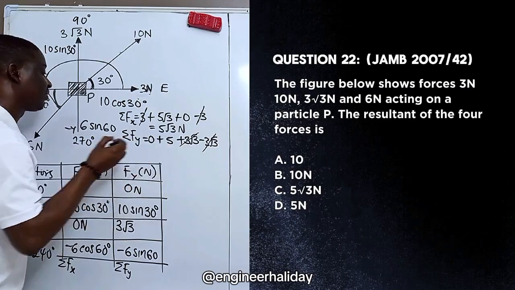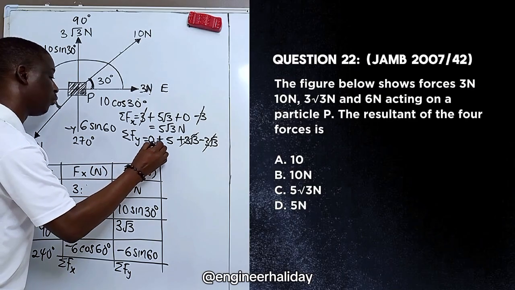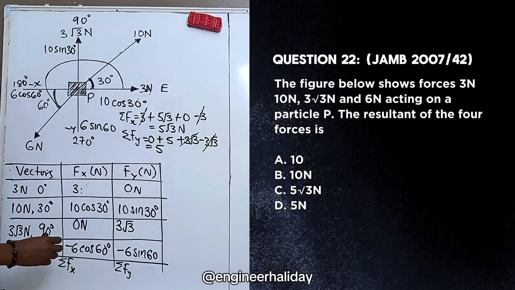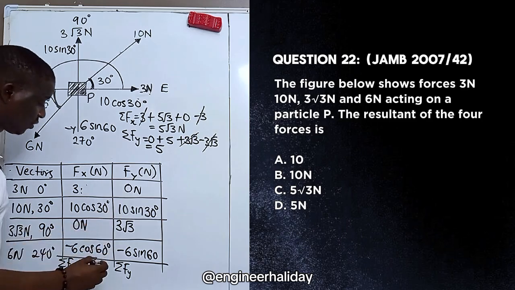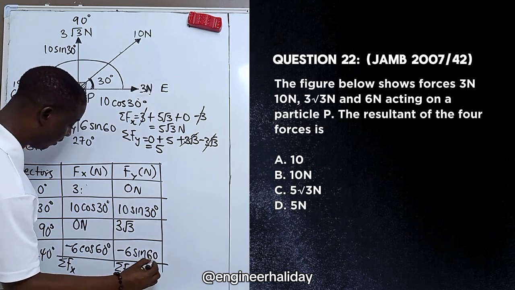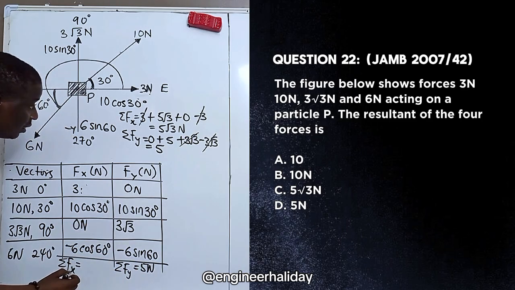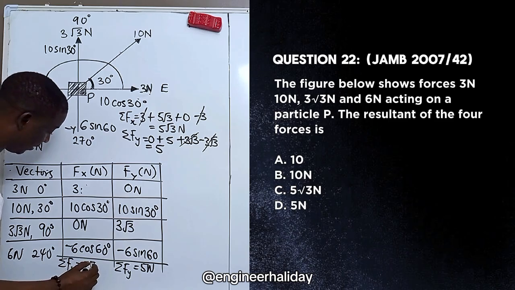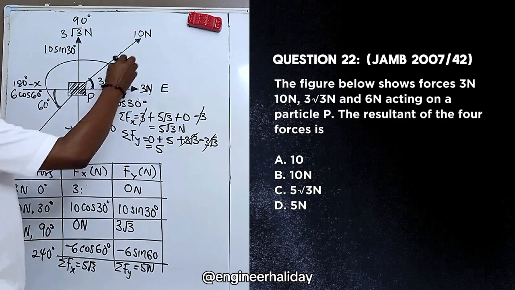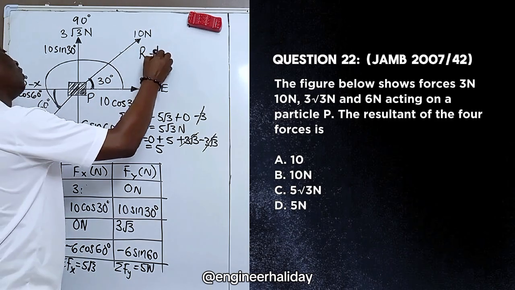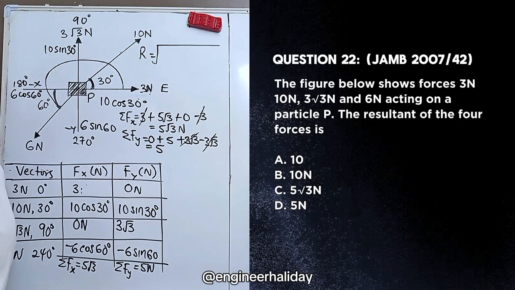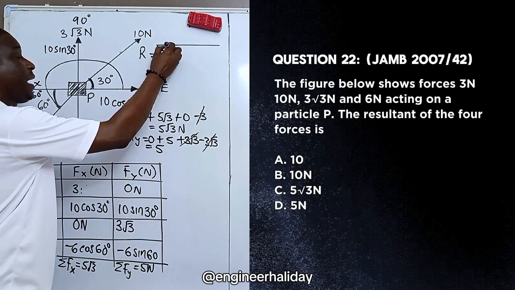This one will eliminate this, so what we are left with is 5. Having done that, to find the resultant, this one is 5 Newton, while this one is 5 root 3. Now the resultant will be equal to the square root of 5